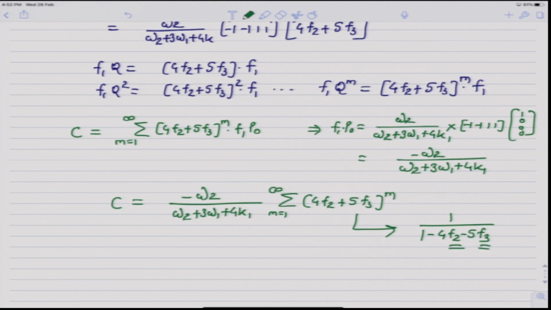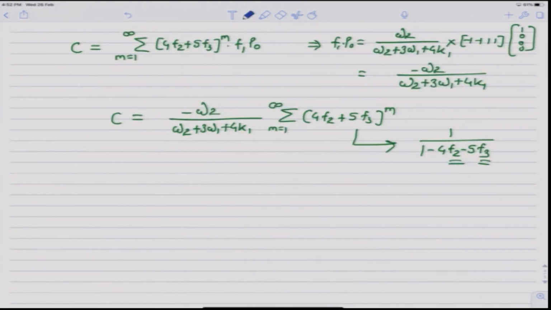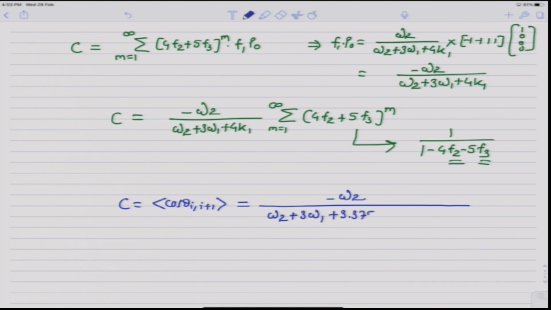f2 and f3 and simplify, we will get the expression for C, which is nothing but average of cos theta I plus 1 for BCC, as minus omega 2 over omega 2 plus 3 omega 1 plus 3.375 k1 minus omega 1 prime over omega 1 prime plus k2,